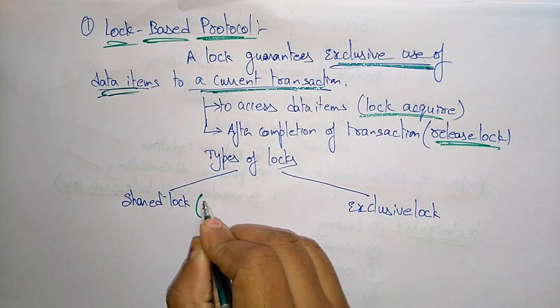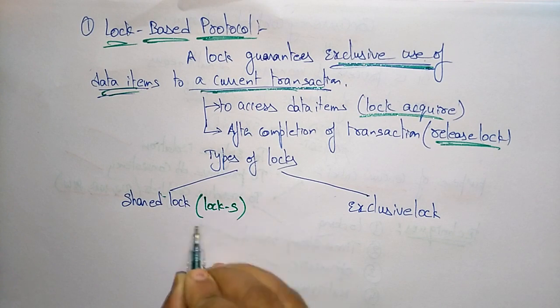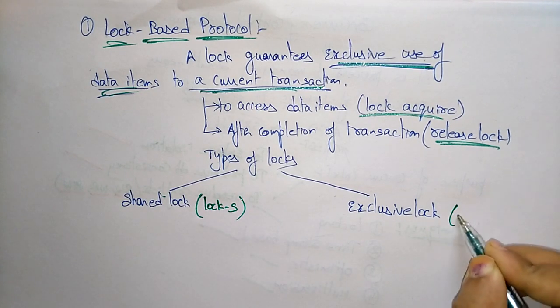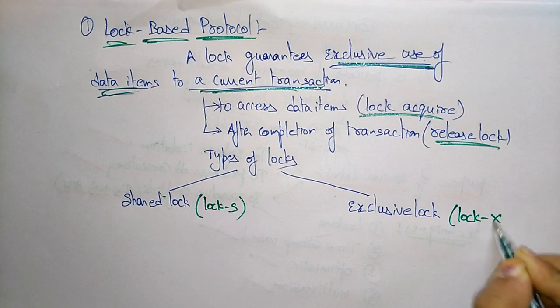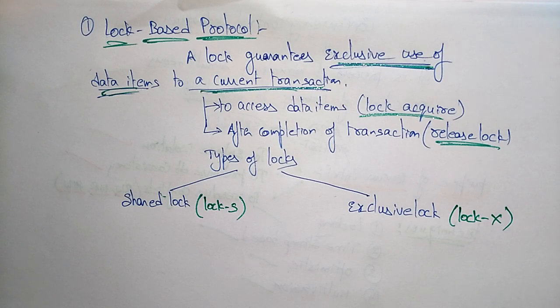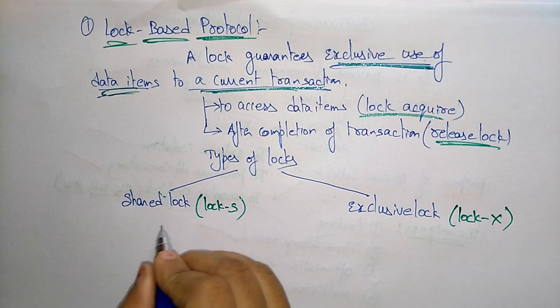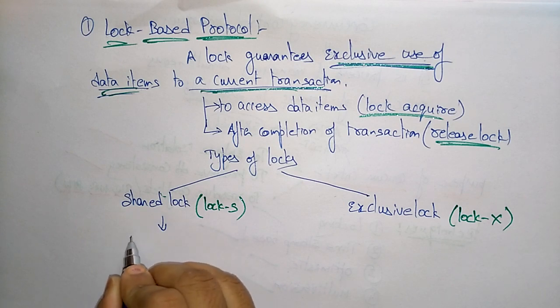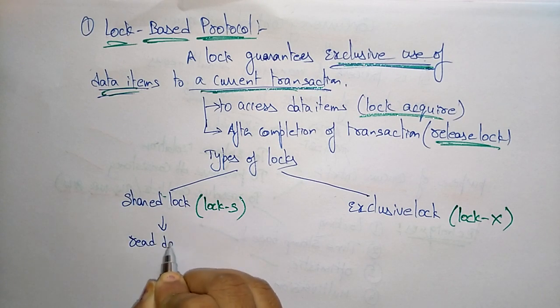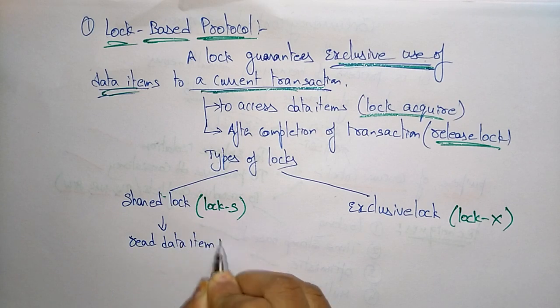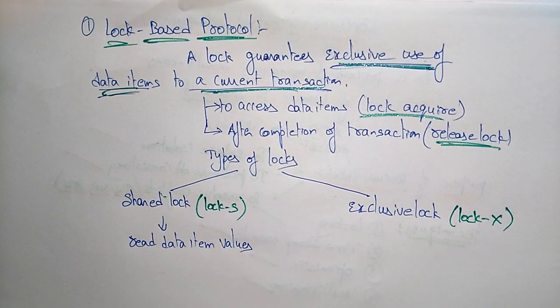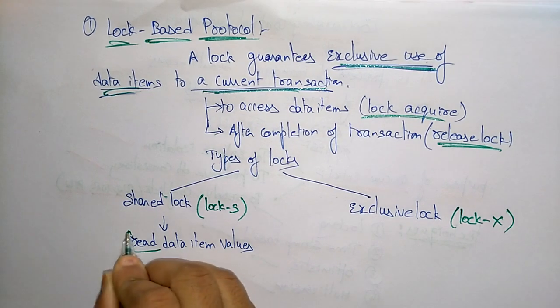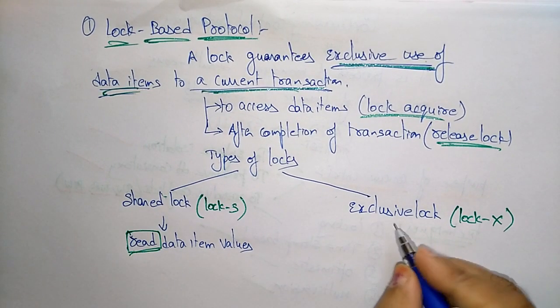So shared lock will be called as lock S. Whenever it is lock S, you call it a shared lock. And exclusive lock means lock X. So what is a shared lock here? If the transaction is using the shared lock, the transaction can read only the data item values. So the main purpose of a shared lock is it only reads the data item values, whereas exclusive